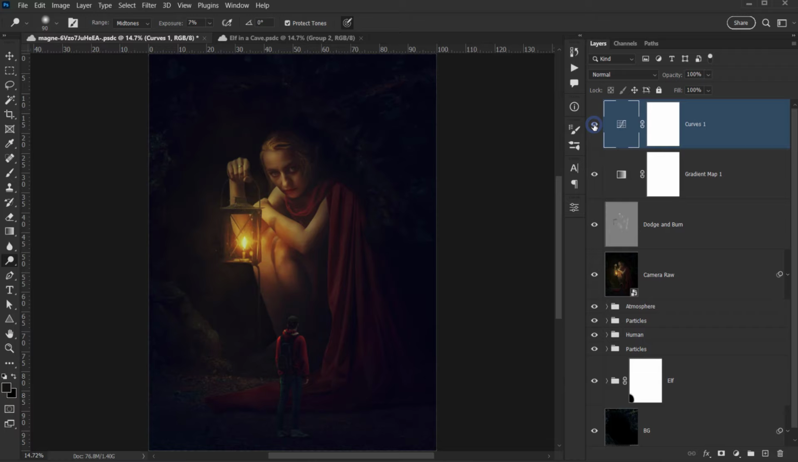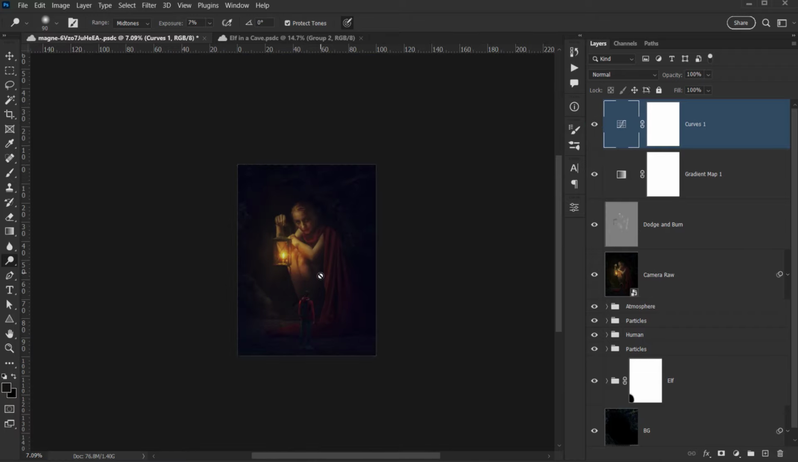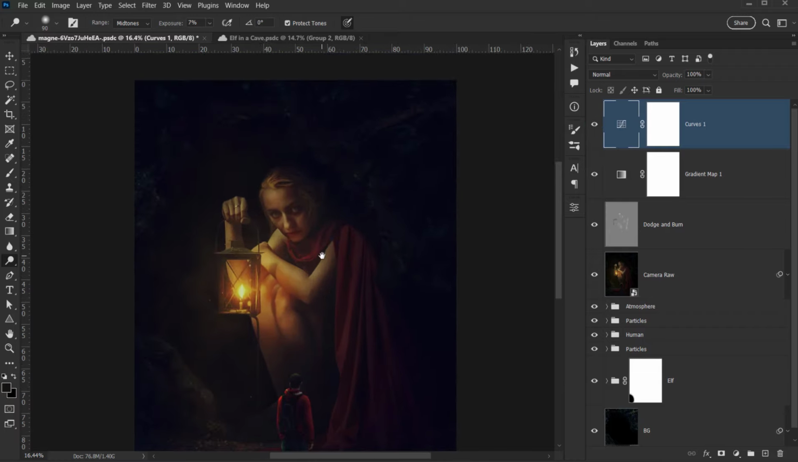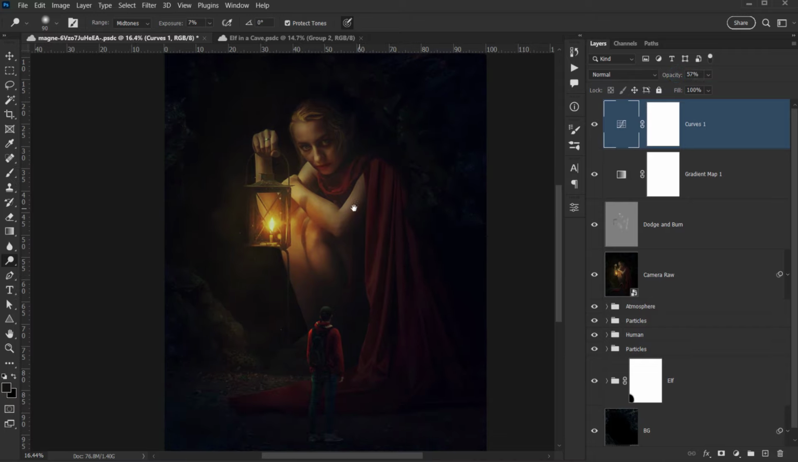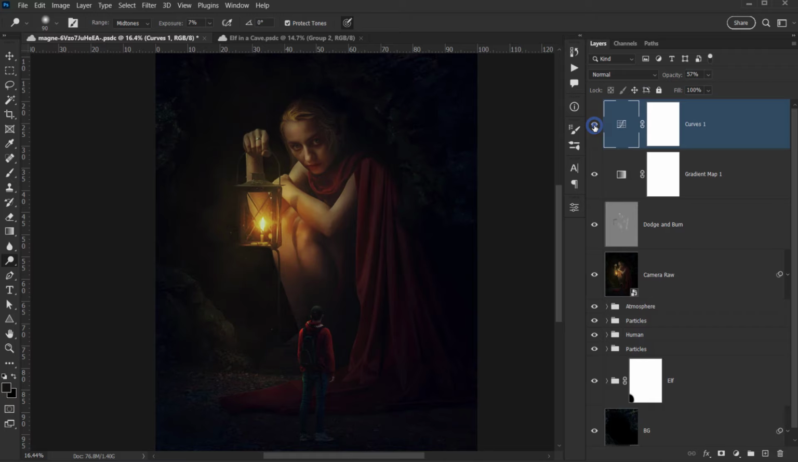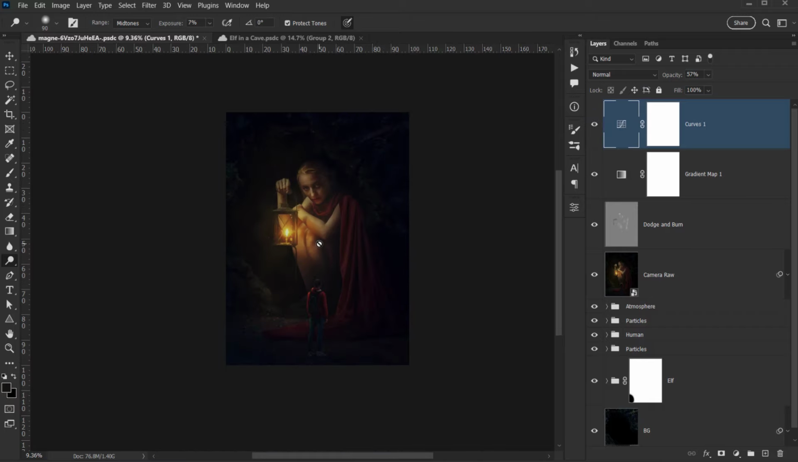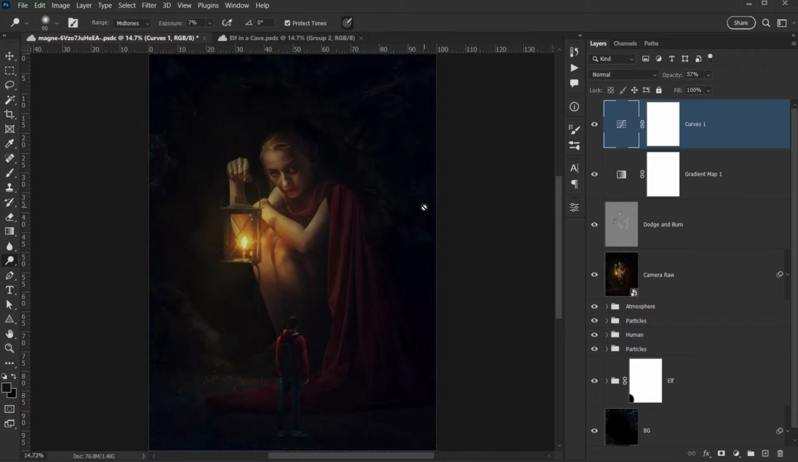And now let's see before and after. Yeah, I think I would put down the opacity too to like 50%, and I don't think it looks bad. Alright, so we're almost done. Now the only thing that I want to add is a